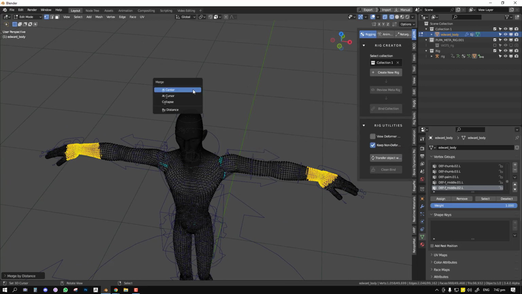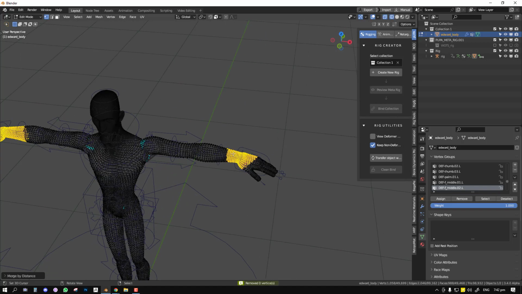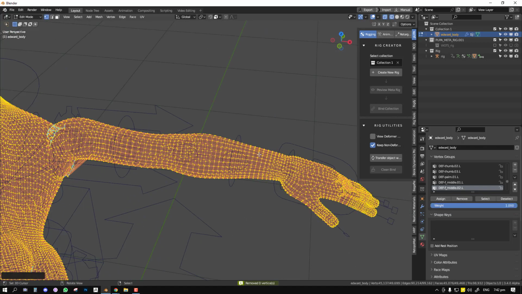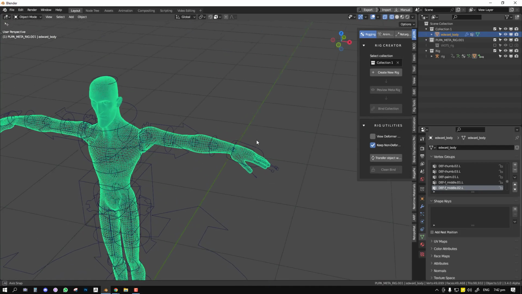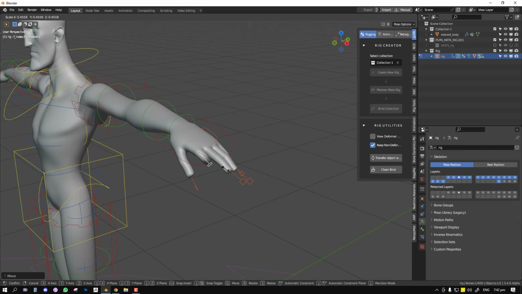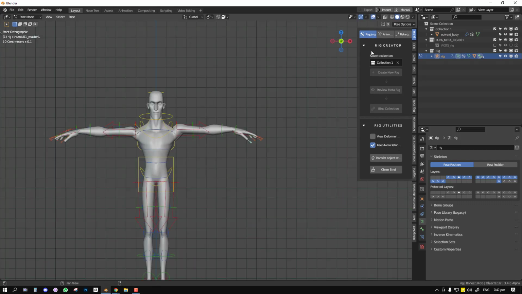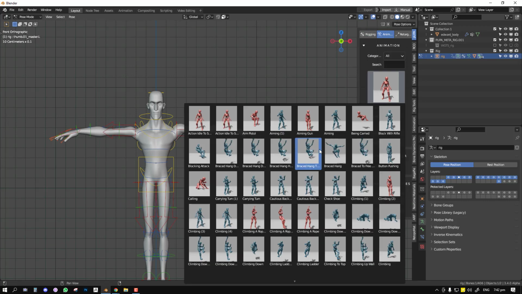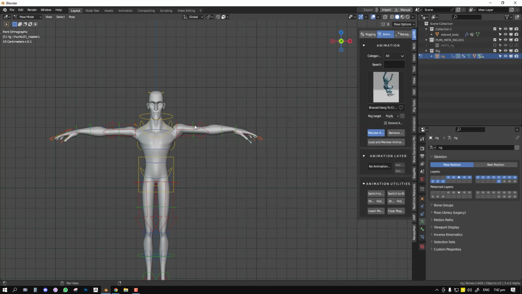I suspect that's M. If you press M for merge, then you can have merge by distance, and it's going to basically tighten that up, and all the weights are being transferred back onto the geometry, and we can see it works as expected. And now you can go in and start having fun with anything you want to do. So you just apply your animation,